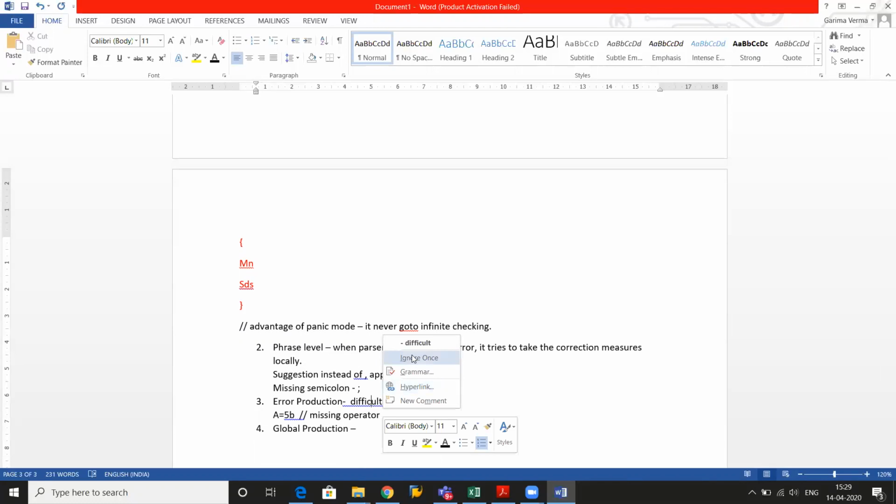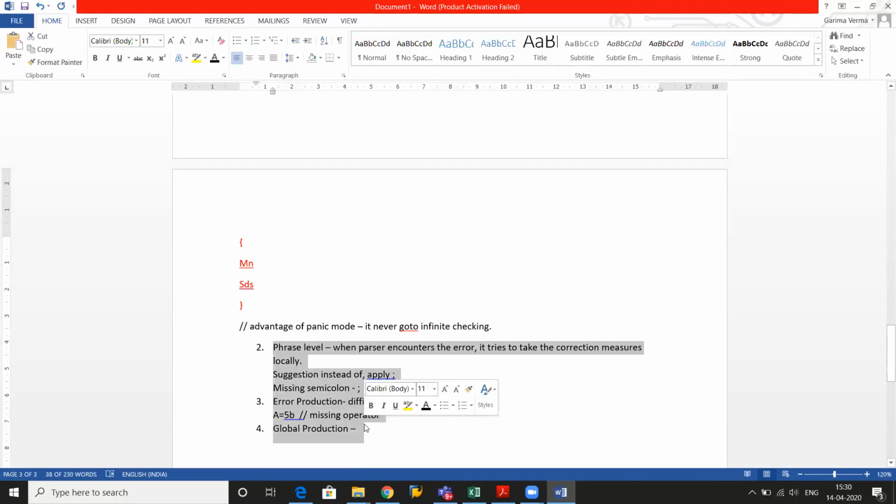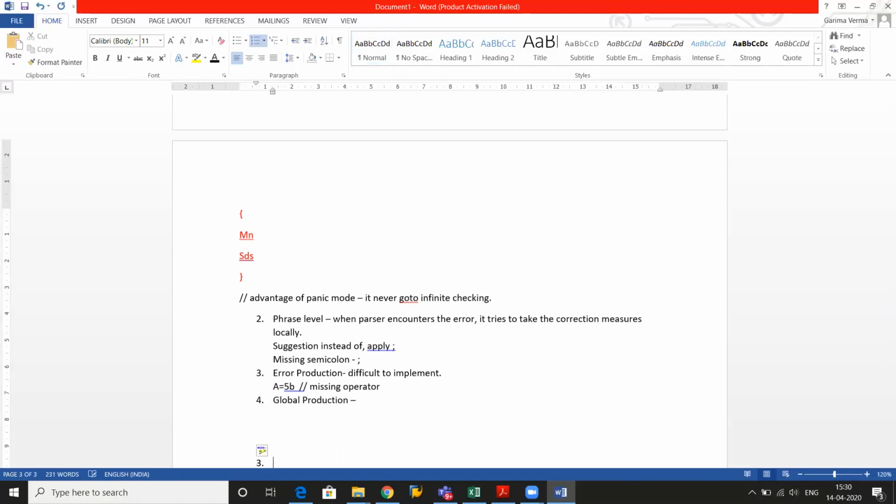So these 4 recovery methods are used for the syntax analysis, and mostly the compiler uses the panic mode method. And apart from this method, these remaining three methods depend on the IDE to IDE, what type of application program interface you are using for a particular language, right? Now the third type of error. The third type of error is called as semantic error.